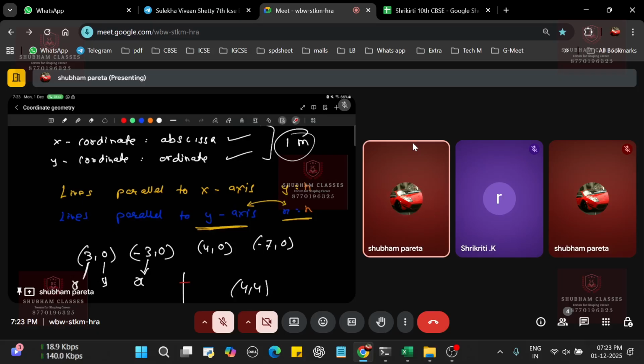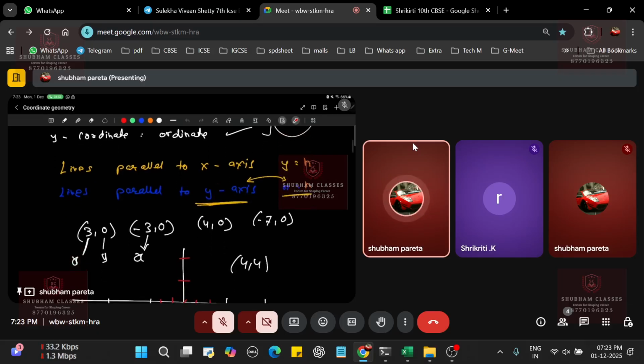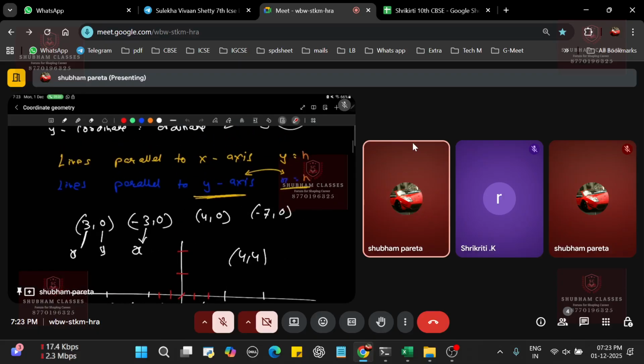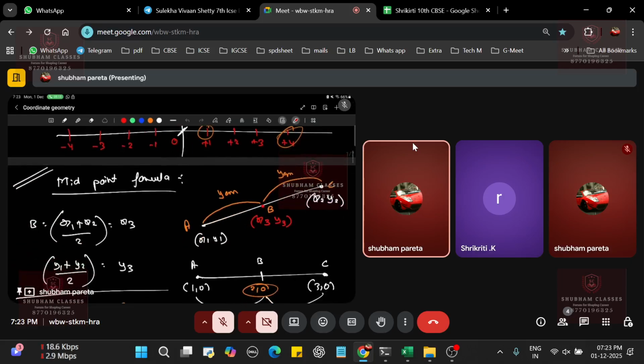So this is what you are getting in the x-axis. Similarly, the line is parallel to the y-axis. So for the y-axis, every entry will become 0, and the entry will be only on x. So that's why it is the general formula which is given by the x-axis and y-axis. It is written something like this.